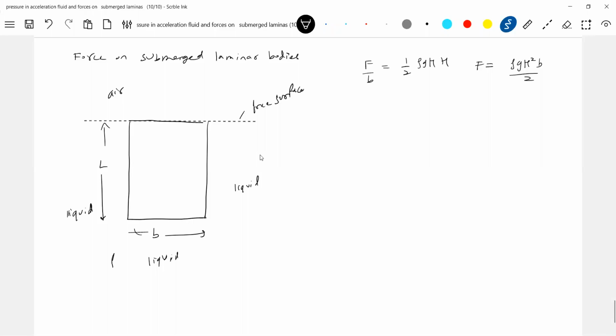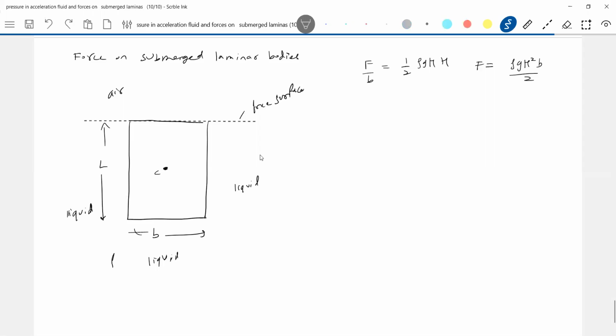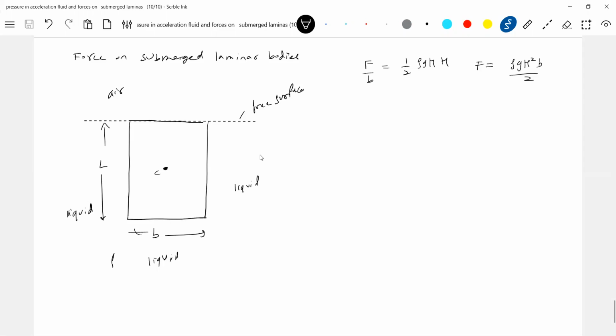The same formula, I'm going to bring it in another way. So the centroid or the center of mass of this submerged part, that is C. Since it is fully submerged, the centroid of the lamina should be the center of the submerged part. Or the center of mass of the rectangular plate, at a distance HC. So instead of every time going for integration, because that will be a more lengthier method.